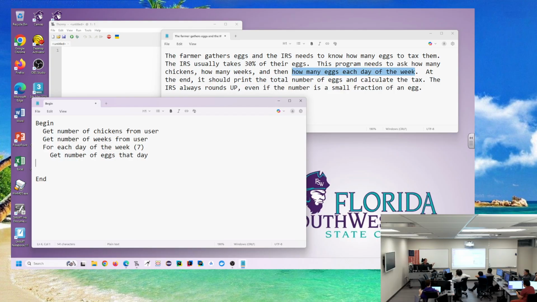Inputs, processing steps, and outputs. That's all we're really focusing on, because we don't want to miss any of them. That's why we're focusing on it. We're not jumping to the Python. We don't want to miss any of our inputs, our processing steps, or our outputs. Okay, at the end, it should print the total number of eggs. So at the end, that's a clue down here. Print total eggs,